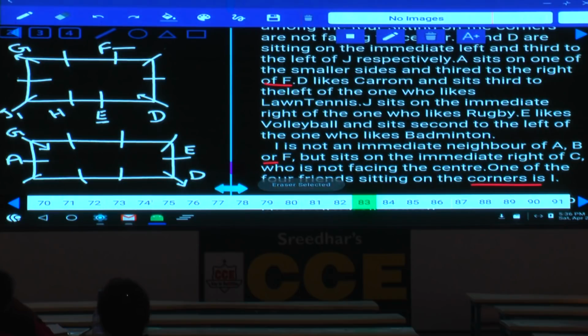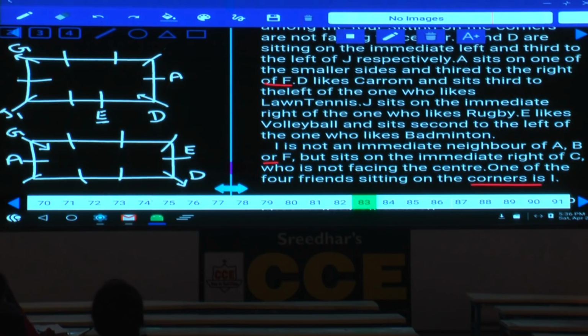Are you following this one or not? Then if A cannot be at this place, A can be here, isn't it? Because A can be at any one of the smaller sets. If A can be at any one of the smaller sets, then we need to discuss about what? Then A and F. Now between A and F,